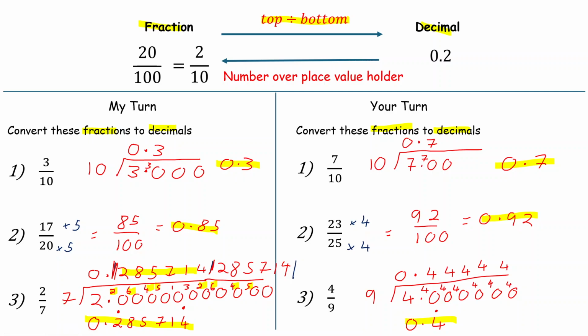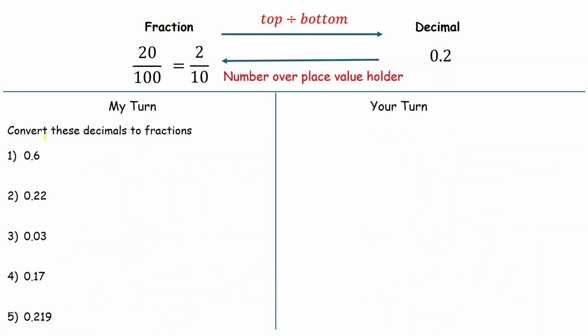We can now look at converting this time from decimals into fractions, and this one's a little bit easier. All we do to get from a decimal to a fraction is you go the number over the place value holder. So just make a bit of a note up here. We'll do it in green. If we have